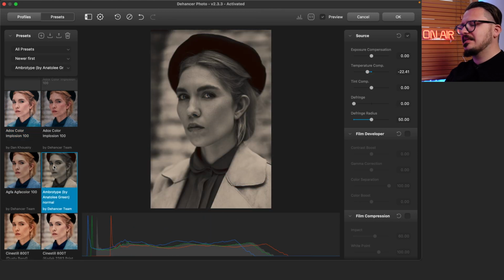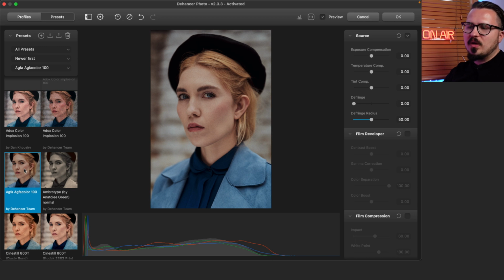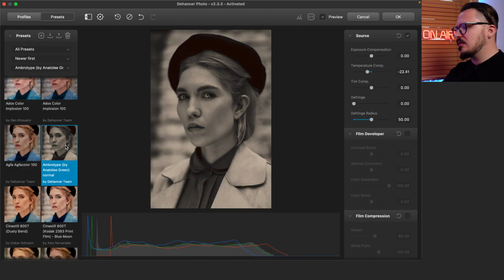If you have nicely developed raw, like a well-balanced edit, I've noticed that the majority of the presets work straight away. You don't really need to do any heavy tweaking at the end. Sometimes a little bit more halation, a little bit more delicate grain or more grain. Maybe if the sky is a little bit blown out, you can use the film compression. But overall, those presets give you some pretty nice look straight out of the gate, which is great actually, because